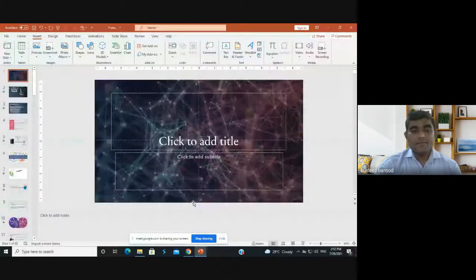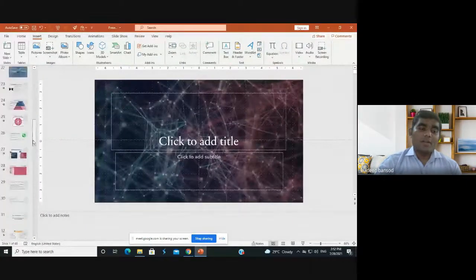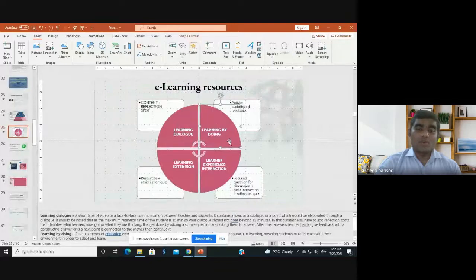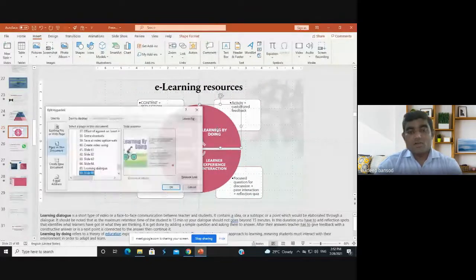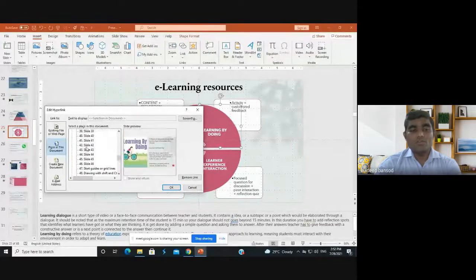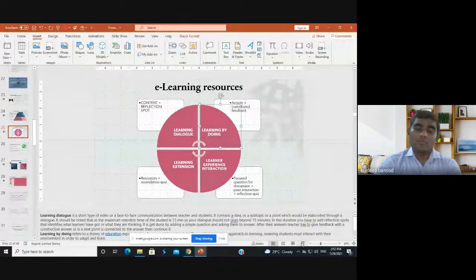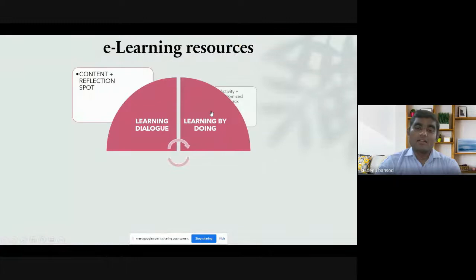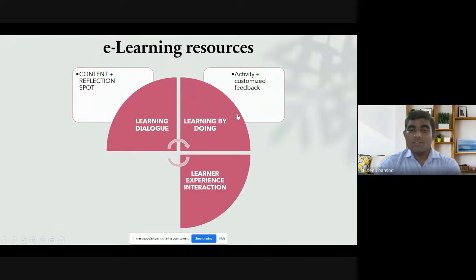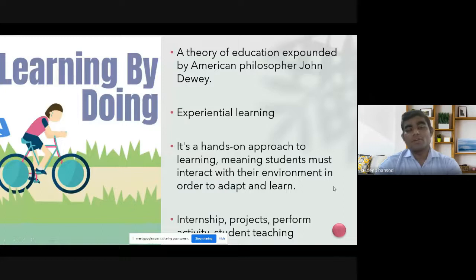So in this way, whenever you want to hyperlink, you have to select that area. Suppose you want to hyperlink this area: by clicking on this, press Control K, then select the place inside the document, the slide you want to go to. Then click OK. When you click on that particular area, this shape, you will get that particular slide.